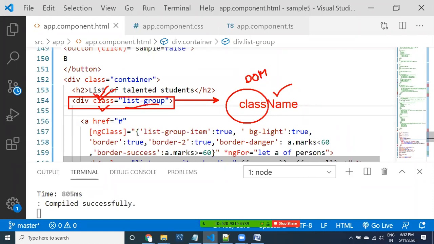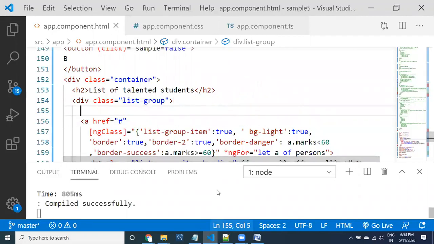So these attribute names are different from the property names, but internally there is a mapping between class and the className property, so whatever information we have provided is going to be stored into className. That mapping information is available inside the browser. All right, so this is how it happens internally. Why have we discussed this? You can understand this very clearly, guys.